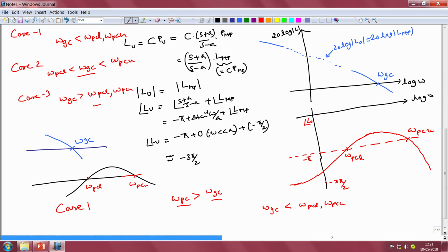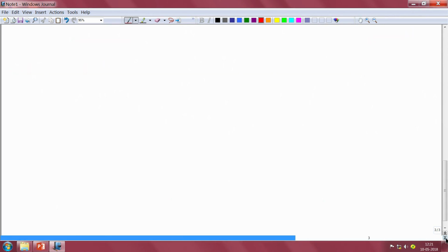So let us take each of these cases one by one, apply the principles of Nyquist stability theory for these three cases, and see for which case it is that the closed loop system would be stable. So before we draw the Nyquist plot for the open loop system, let us first examine what kind of rules need to be applied in order to determine the stability of the closed loop system.